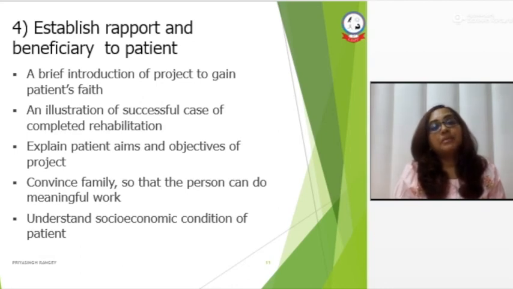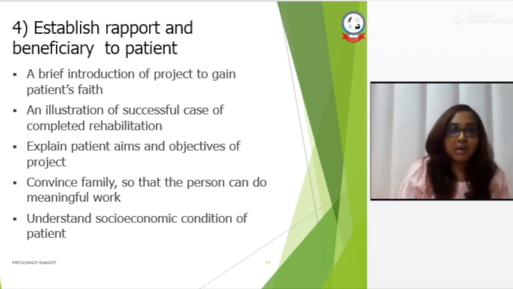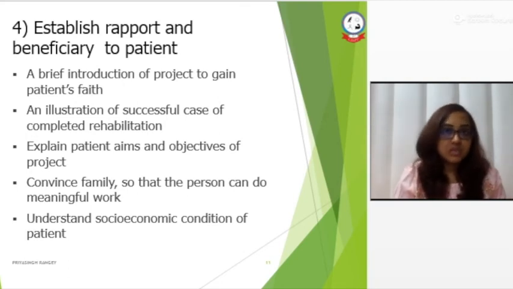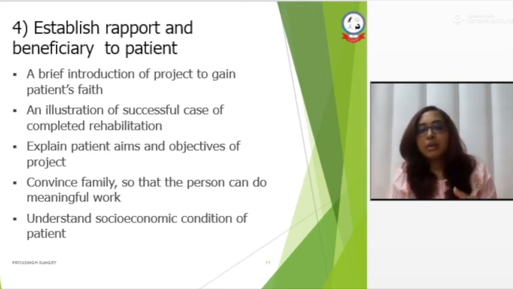Sometimes it may happen that the patient is quite under the influence of their family. In such a scenario, we also need to communicate with the family. We need to talk to them. We need to convince the family so that the person can do meaningful work. Also, when we are performing any kind of extension service, we need to remember that the socio-economic condition of the